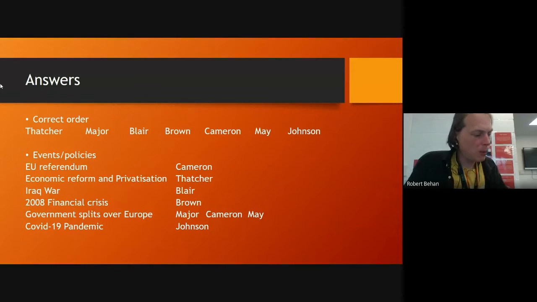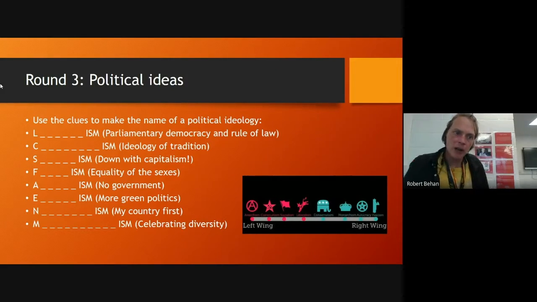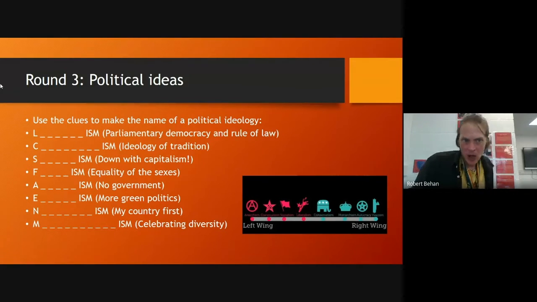Okay, a couple more quick rounds, and then we'll move on to talking a little bit about the course. Third round is on political ideas. So I want you to use these clues to make the name of a political ideology. A set of principles, set of ideas. For example, communism is an ideology. It's not one of the answers to any of these, but a set of ideas, set of principles about how